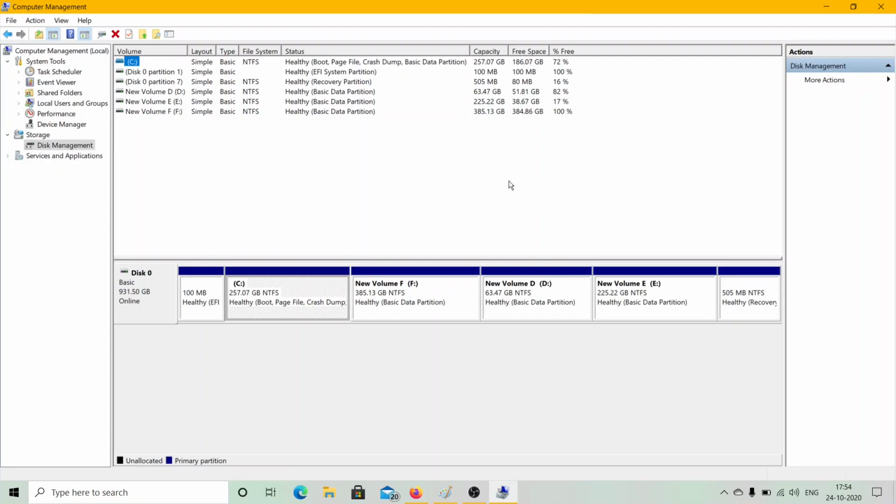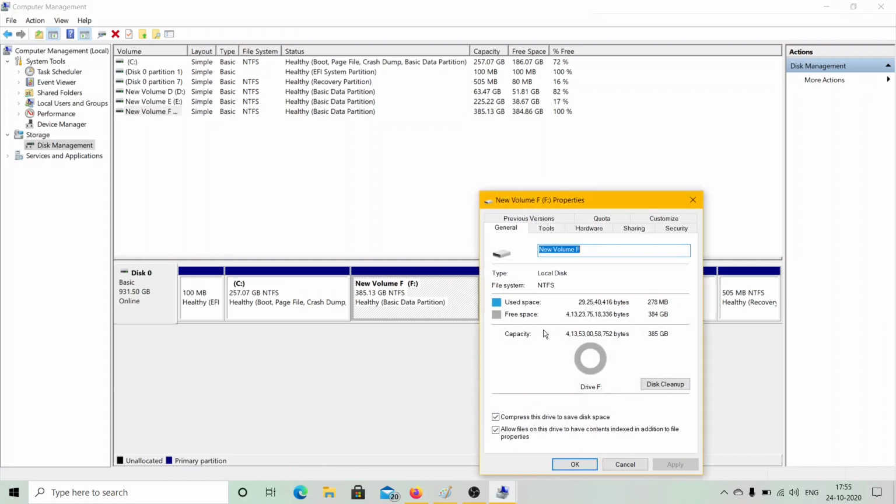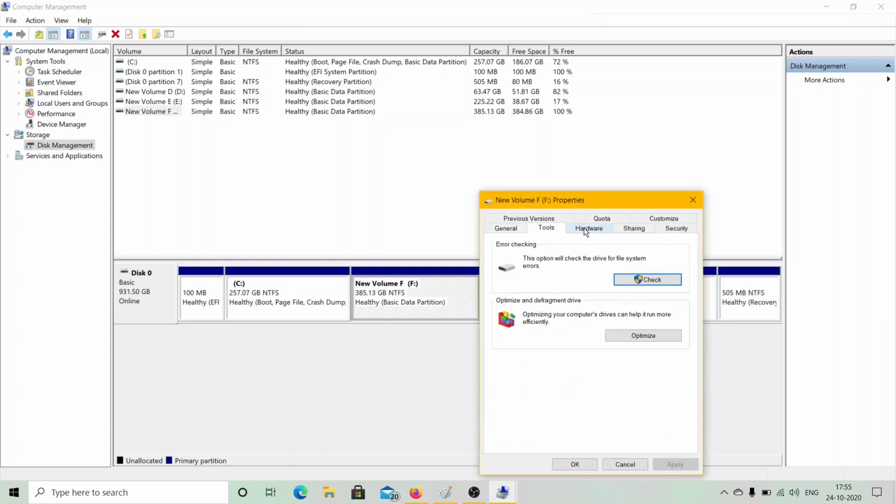So as you may have learned from my first video, Kali Linux requires a minimum of 3.6 GB, and 20 GB storage for a smooth run. Hence you may remove a minimum of 3.6 GB or 20 GB from any of these volumes according to your desire. So right click on any of these volumes and you can see many options right here. Shrink volume means reducing your volume storage space to form an unallocated portion, and vice versa for extend volume. The format option is used to change its file system type, and the properties option can be used to change its settings, tools, hardware, etc.